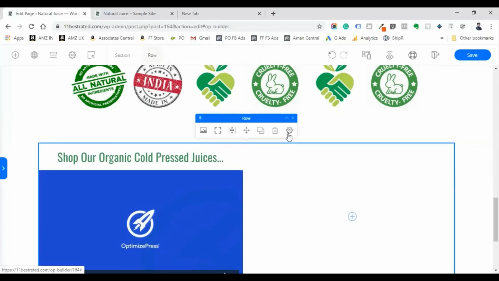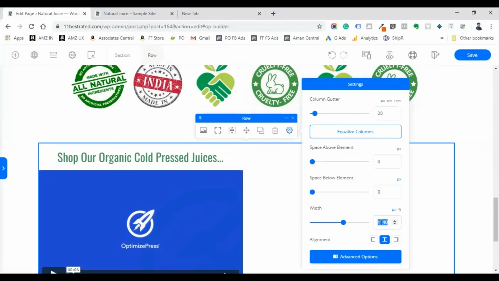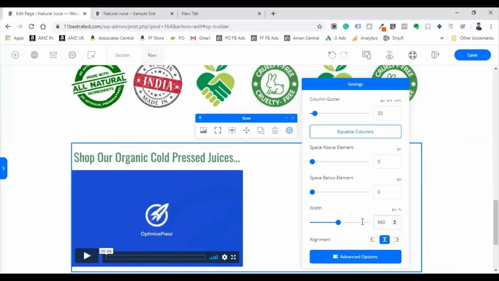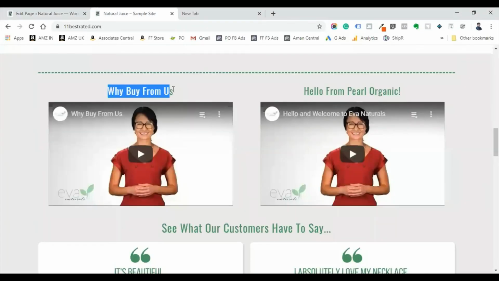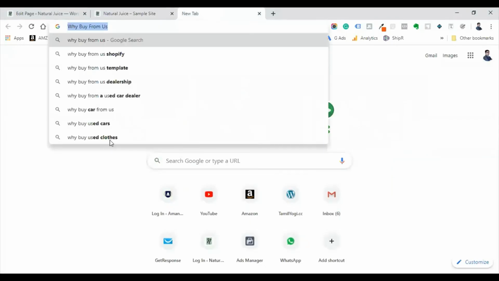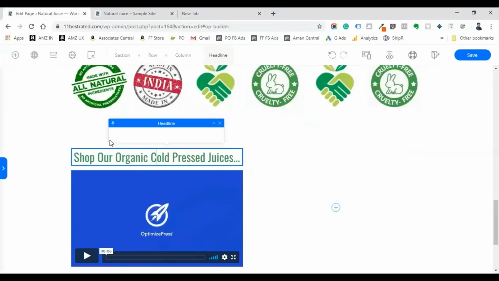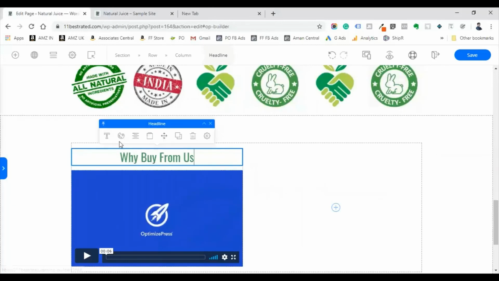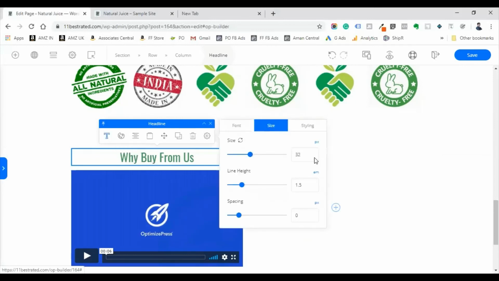We will select, go to reduce the width to 960, and the headline is: why buy from us? The font size is smaller there. We can reduce the font size slightly.